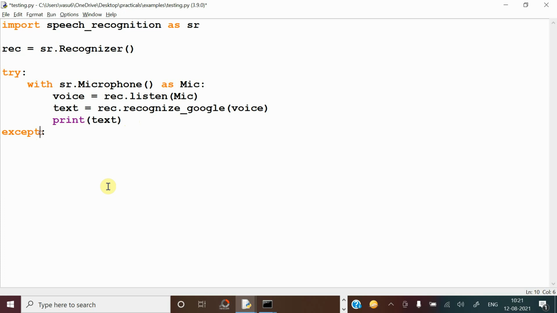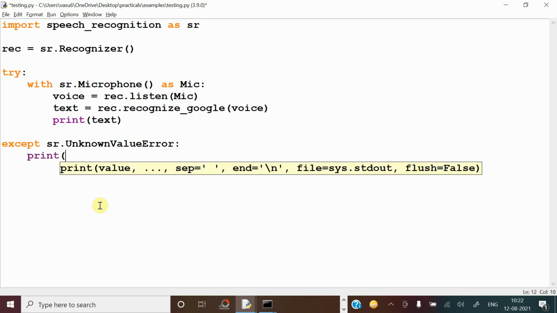For suppose, here sr dot UnknownValueError means if the user has not given any input, or simply makes sounds, that voice is not recognized. In that case, what type of error message should it display? Simply keep a print and type a message, say something clearly. So like this you can keep it.